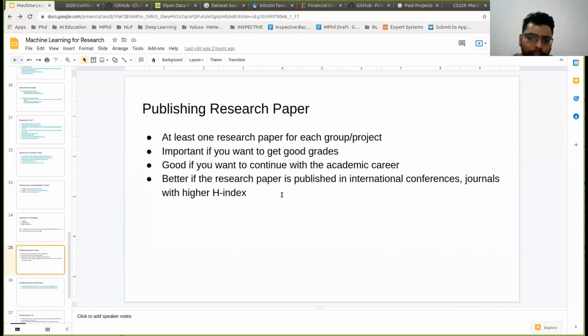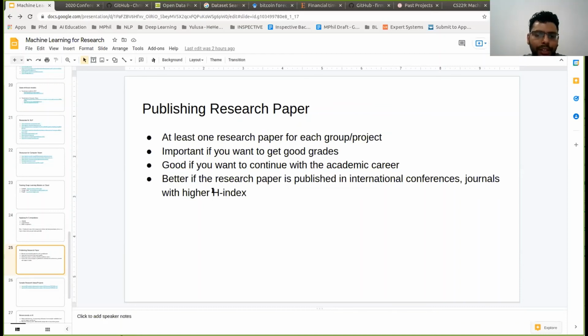One of the other advantages of publishing in conferences is that before the pre-COVID era, if you published to a conference, you got to travel to a particular country and do a presentation of the research. So that's also a good experience. But with COVID, for the past few years, it has been mostly virtual. But if it becomes physical again, it will be a good experience for you as well if you can go and publish at an international conference.